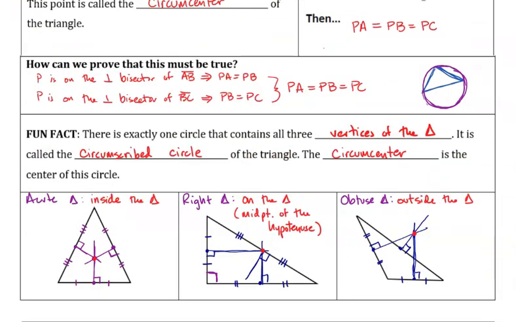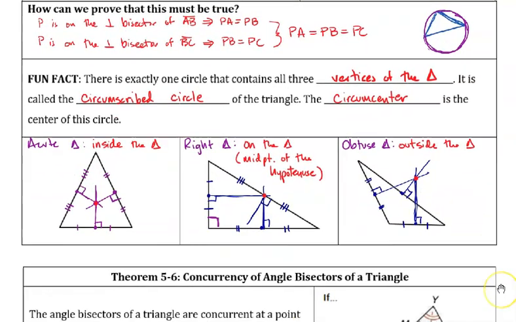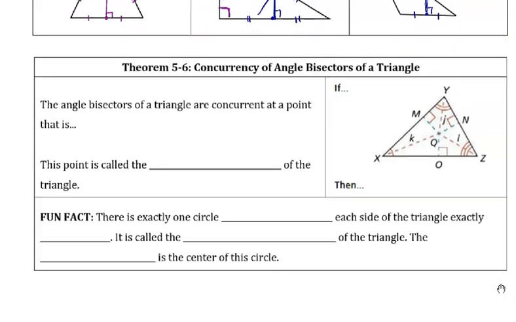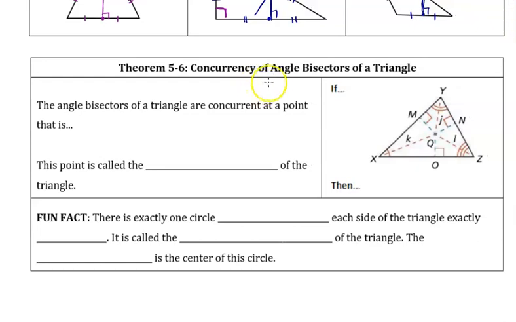So that is the concurrency of the perpendicular bisectors. Now we're going to take a quick look at the concurrency of the angle bisectors of a triangle. So if we look at this picture and just digest for a second what's going on, we see